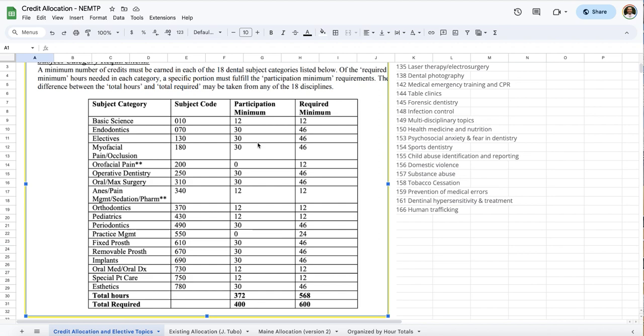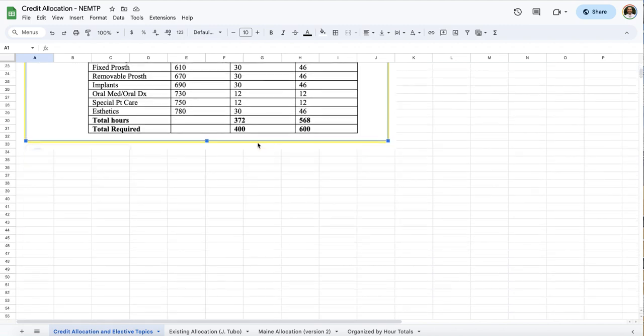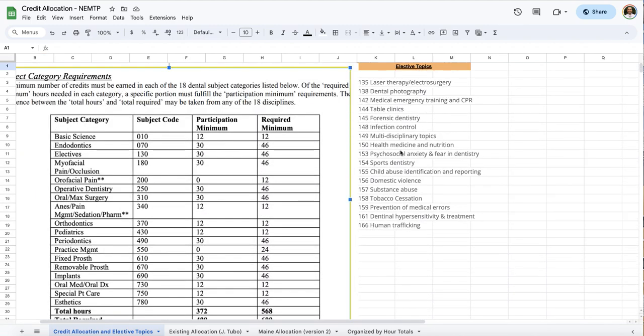I think the general consensus was ortho maybe, but I think it's a topic that we should discuss in further detail. And then here we have the electives. These are the topics that satisfy the elective requirement for 30 hours. Essentially, we can put anything in elective because of this little handy dandy escape valve, which is multidisciplinary topics. So we had Tubo's